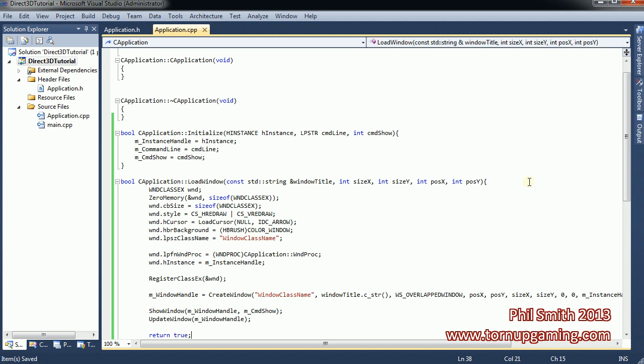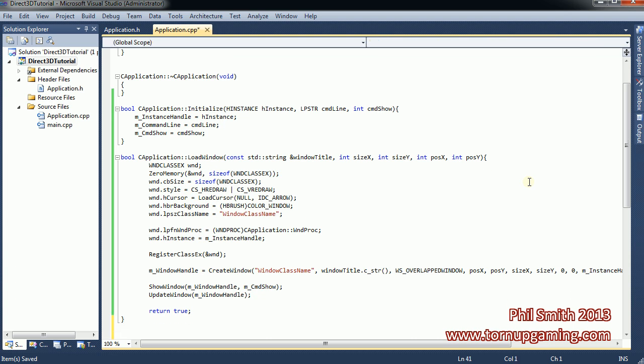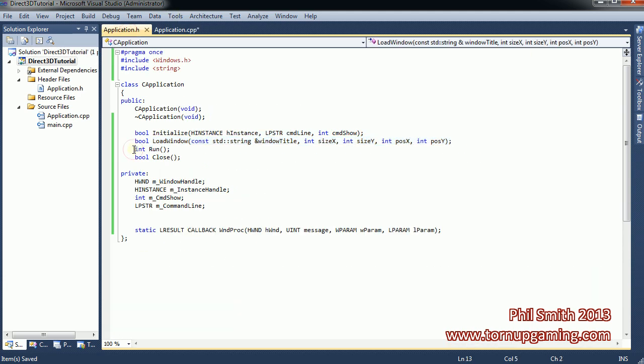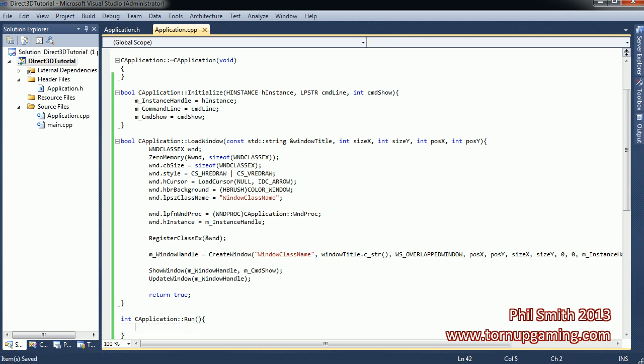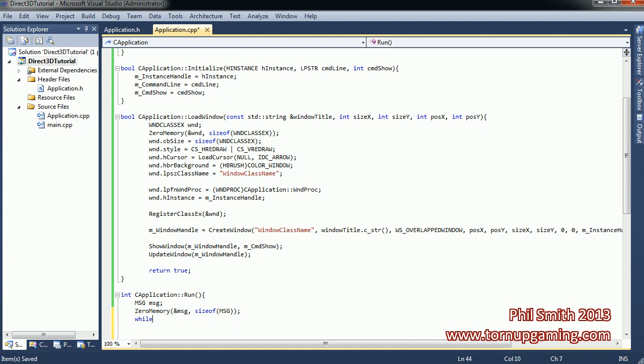We need to create our run function. This is just a standard message loop and it's going to quit out when it needs to. So we're going to again go back to here, copy over run, put CApplication:: in front of it, expand this out, create a new message with the MSG data type, zero the memory in that, so reference to message and size of MSG. We need to do a while msg.message is not equal to WM_QUIT,